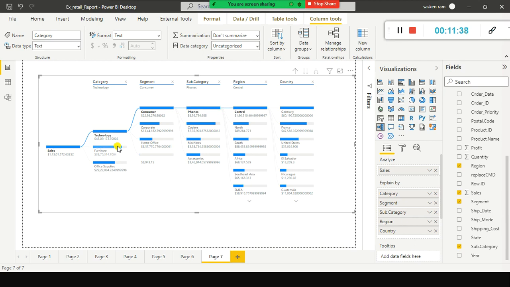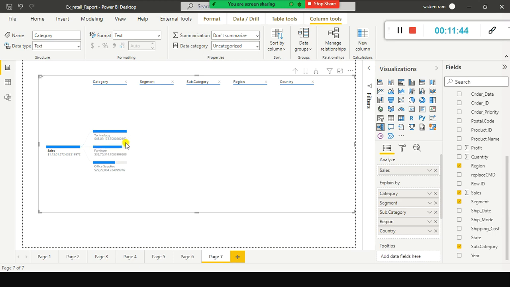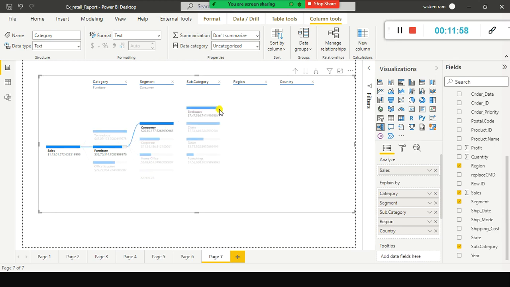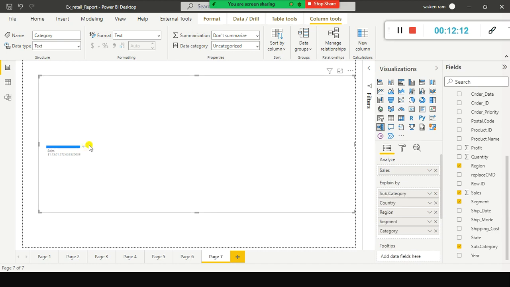Any layman can understand this one, right? It's a very cool feature. When you select furniture, within the furniture, or one second, if I go back here and select furniture and consumer, if you want to see the consumer segment, you can expand it further within this one. Or if you want to go back from the beginning, you just deselect all these things by clicking cross.